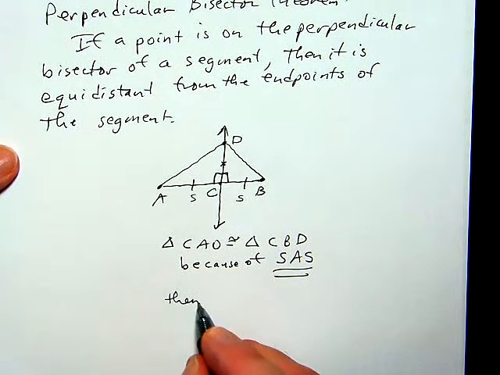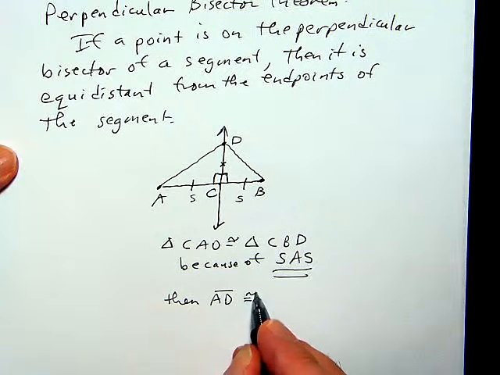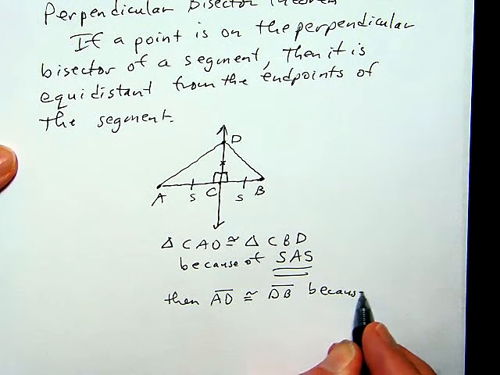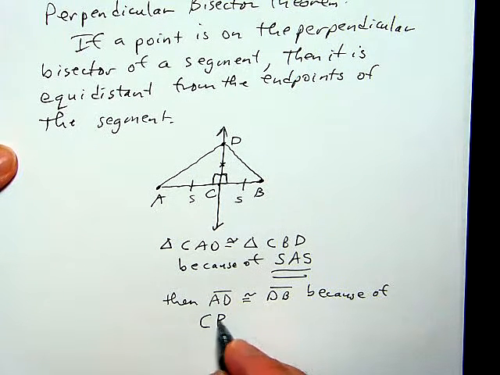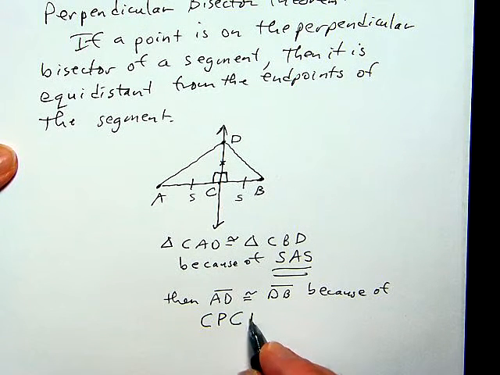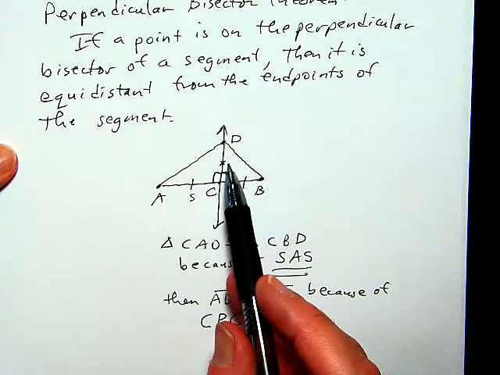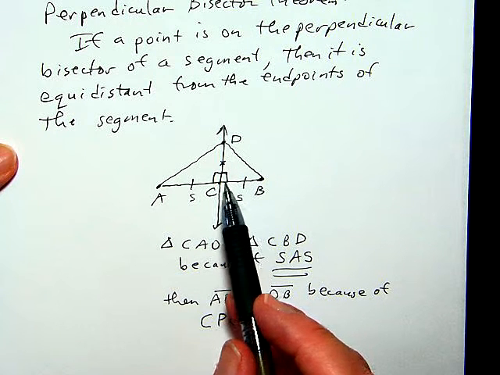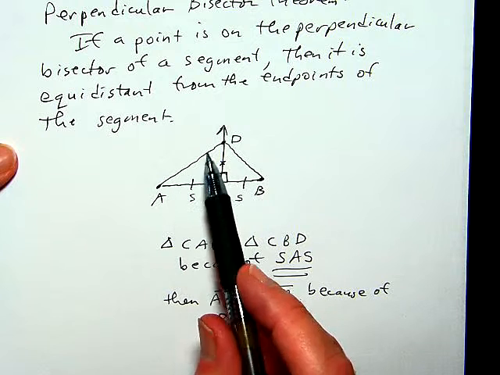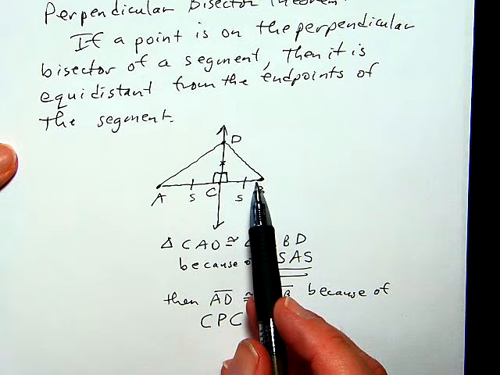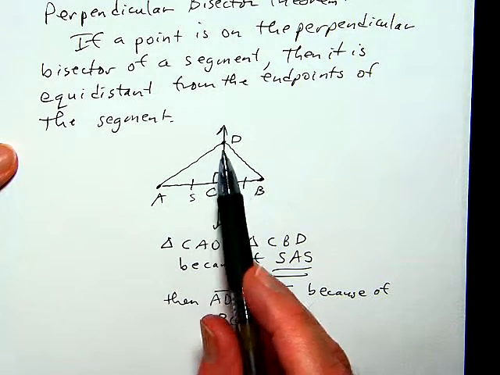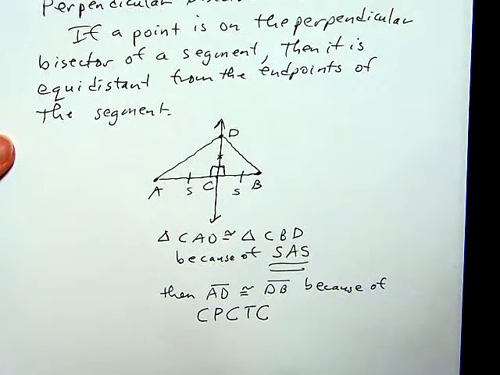So then we know that AD is congruent to DB because of corresponding parts of congruent triangles are congruent. Okay, so since AD is opposite the right angle in the left triangle, and DB is opposite the right angle in the right triangle, AD corresponds to DB. They are corresponding sides, and since we know the two triangles are congruent, we know that corresponding parts of those triangles are congruent, so we can basically determine that AD is congruent